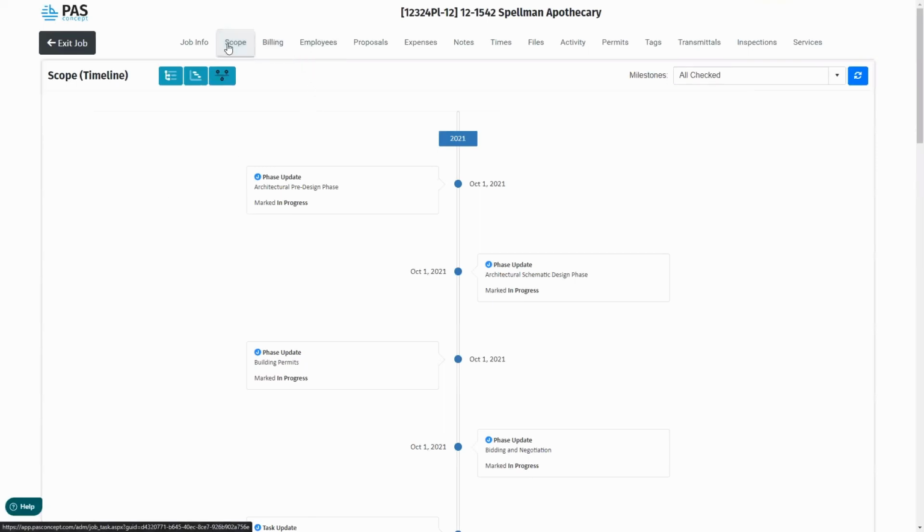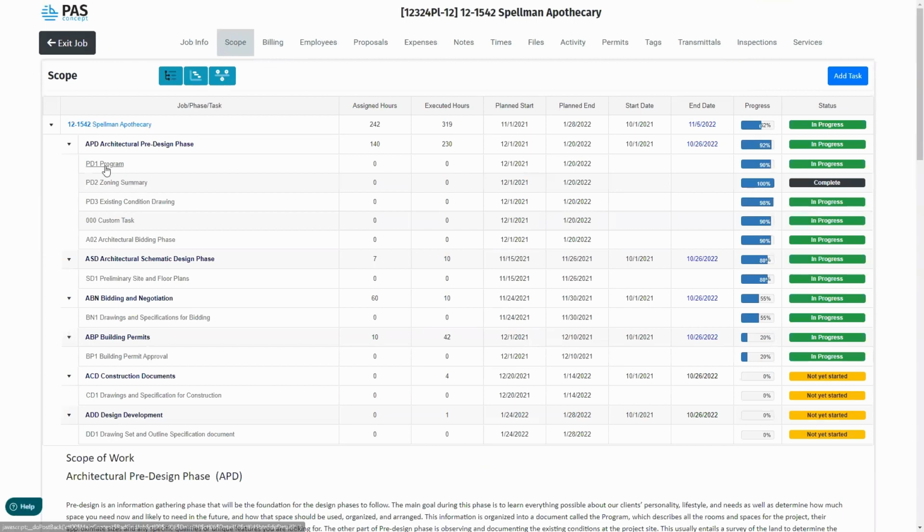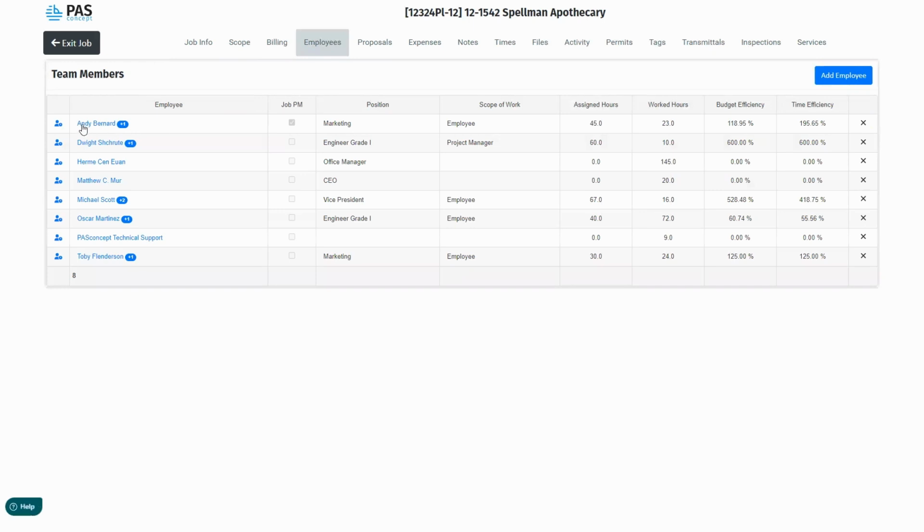You can either view the individual scope of work and then say, okay, well, this is the task that I need done by a certain date, by a certain time. Perfect. We've gone over this, and I think you guys get it at this point. However, if you hop over to employees, you're able to see your list of employees, or you can even add an employee to this list.